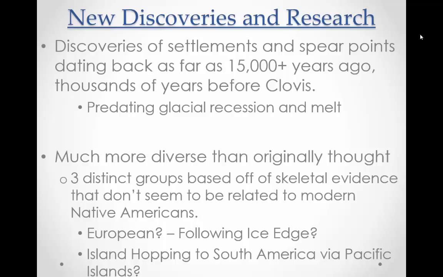But as of right now, there is some thought that you actually have potential groups of Europeans that had made it over, along a similar kind of ice, along the ice in the North Atlantic, following potential walruses. You also have a theory where you have these Pacific Island type people, Polynesians and Papua New Guinea and Australian type people that had made their way down into there, kind of hopping their way across the Pacific and ultimately into South America. And that's evident by some DNA that we have found in some relatives, some ancestors of these people that have some of this DNA in them.